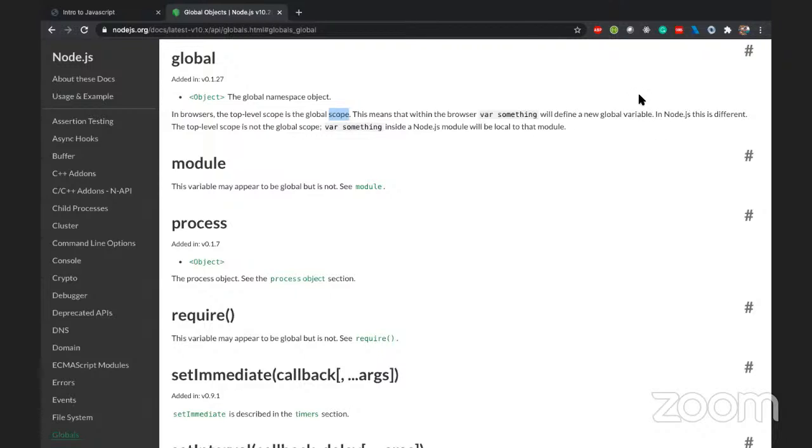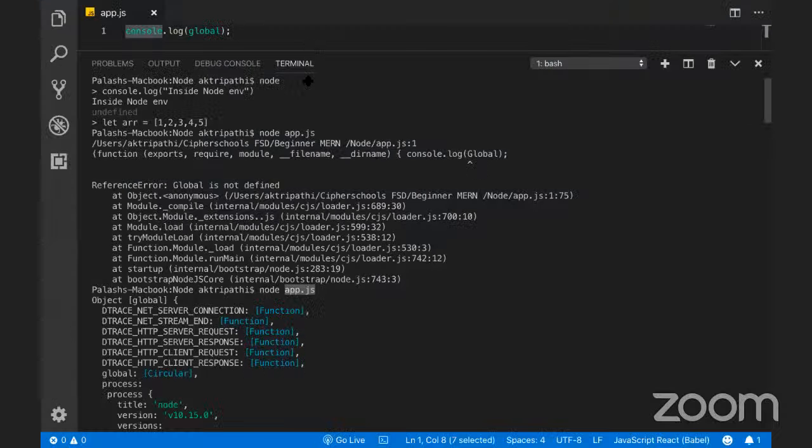In Node.js, this is different. The top level scope is not the global scope. Okay, in Node, this is different: something inside a Node.js module will be local to that module. तो अभी हम लोग मॉड्यूल सिस्टम समझेंगे, बट ये जो अभी हमने क्रिएट किया है, इसका मतलब ये है,